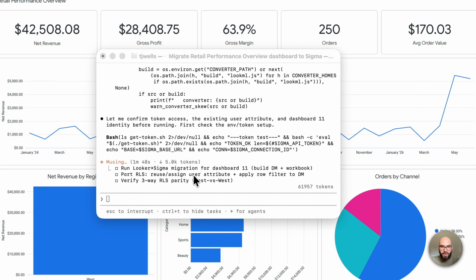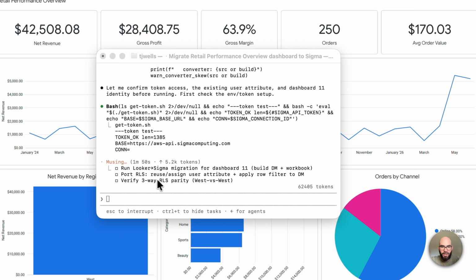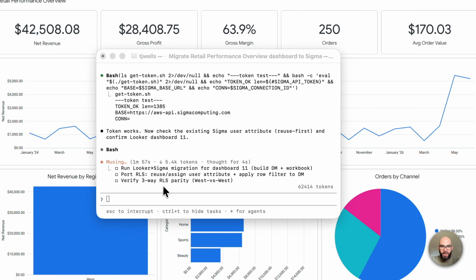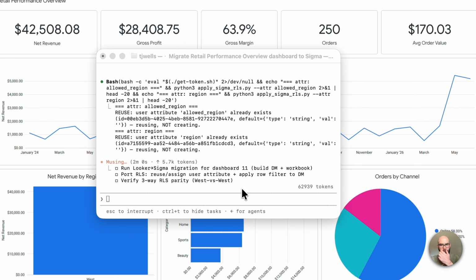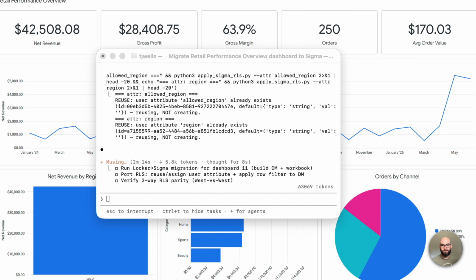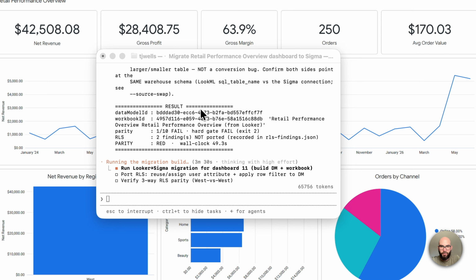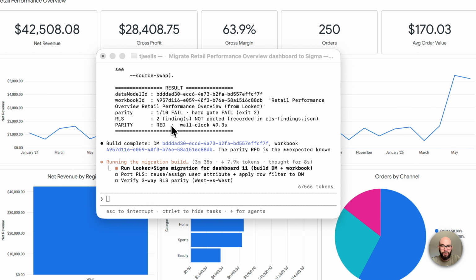So: run Looker to Sigma migration, port RLS, reuse assign user attribute plus apply a row filter to the data model, and then verify three-way RLS parity, west versus west. It already knows that for my row level security in Looker, I've got the west region assigned, so it's going to make sure that it does the full parity check with west applied. We can see here we've got a data model ID and workbook ID. So it's created the data model, created the workbook,